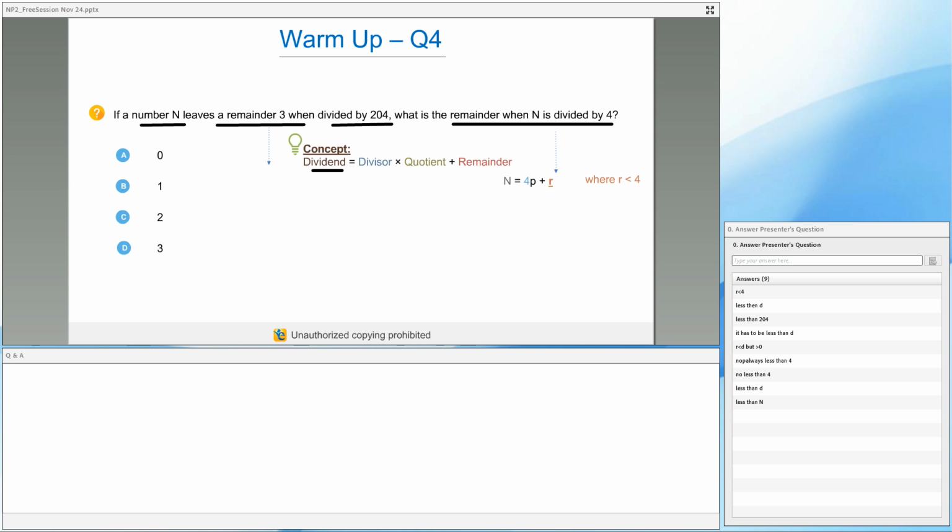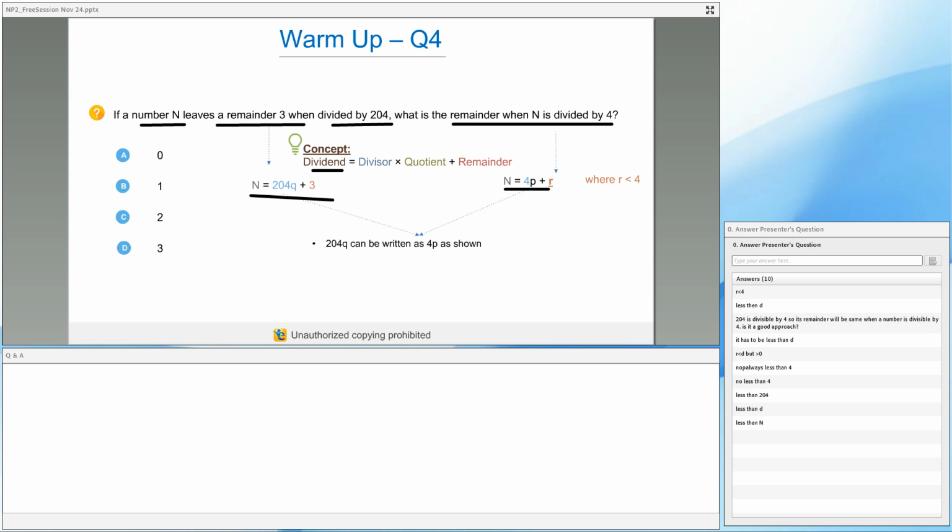Okay. What I've been given is that n is equal to 204q plus 3. Now what you need to do is visualize, okay, this is my number. I'm going to divide this whole number by 4, or I need to express it in this form and see what is the remainder. So if you use the process of visualization, you'll understand that 204 can automatically be written as 4 into something. Or in short, you can say 204q is divisible by 4. It does not leave any remainder because 204q is nothing but 4 into 51q. Since it can be written as 4 into something, that means this portion 204q is already divisible by 4. It won't leave any remainder.